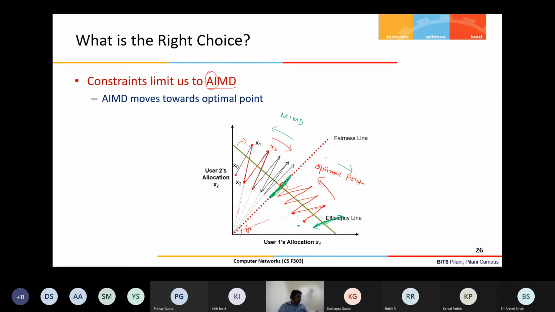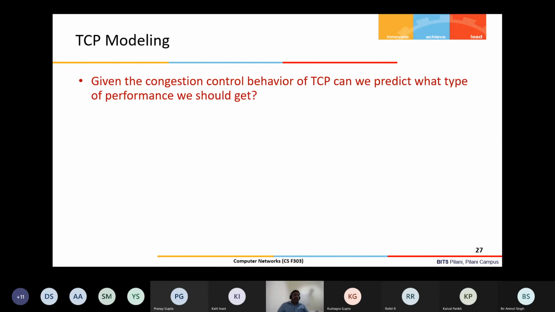So this is the reason behind taking AIMD as a control function. Okay, so now we'll do TCP modeling. Modeling means basically we want to come up with a throughput formula, so we can analyze the performance. Although we have calculated the throughput, that was based only on the window size, that is 0.75 of W divided by RTT, right? So now we'll try to add a few more parameters as well.